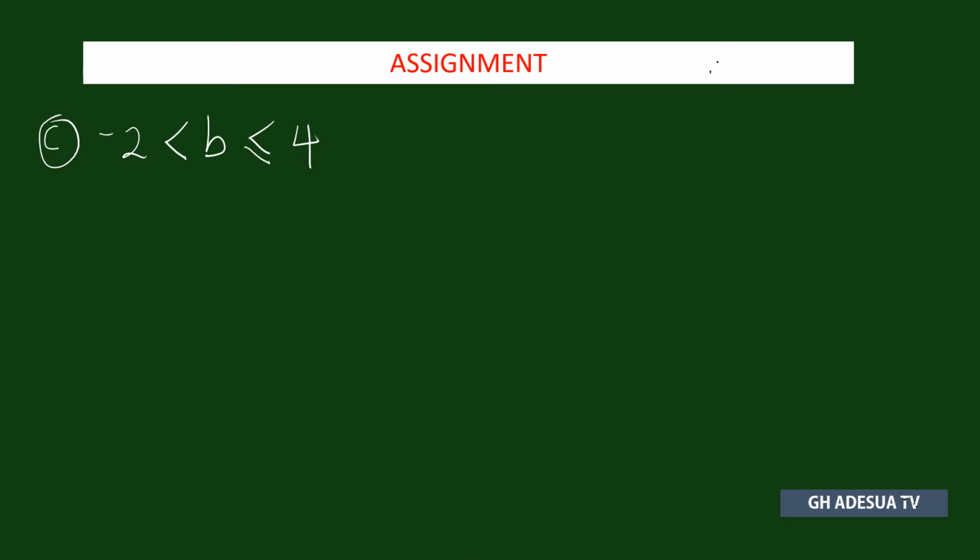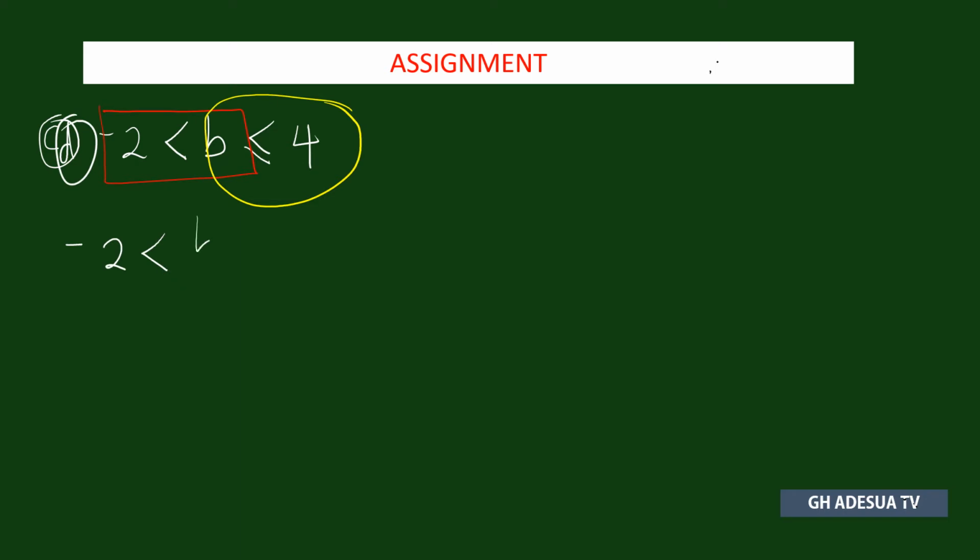Great. Now in this next question we are to draw the number line, but you realize that b is standing alone, so we have no challenges with that. However, there is a double inequality, so we need to split it into two before we draw. So let me mark it out. So we are going to find this, and then let me use yellow. Then we are going to find that. So the two inequalities we have is